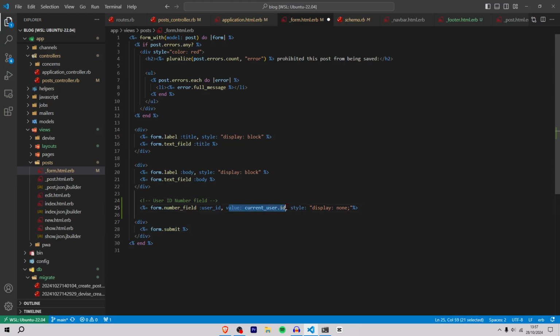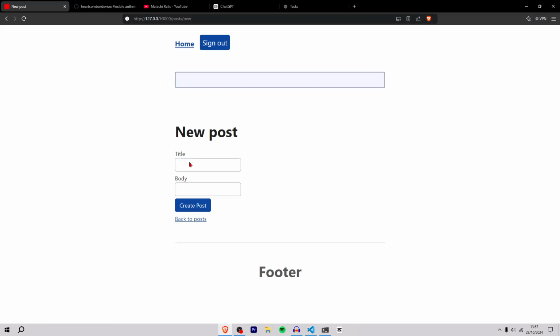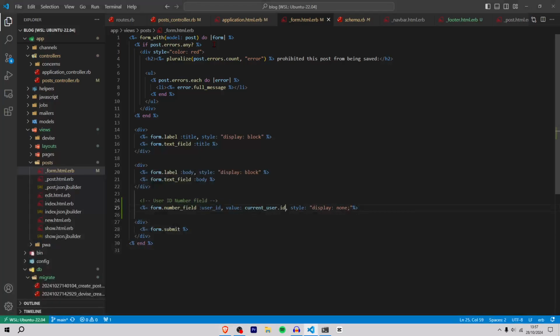this current user ID, but then imagine we go on a page where we don't have access to the current user ID because let's say the current user is not signed in, right? If they're not signed in, they're not going to have access to this, and then that's going to give them an error. So for example, if I went on the home page, right, and I did current user ID,